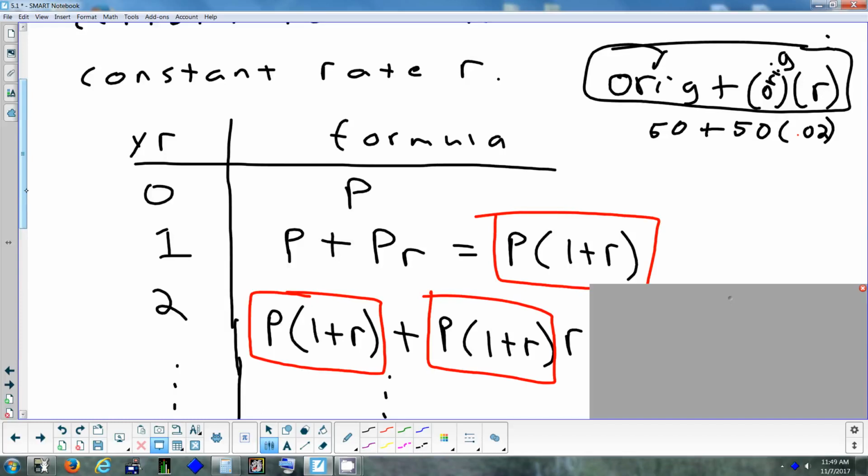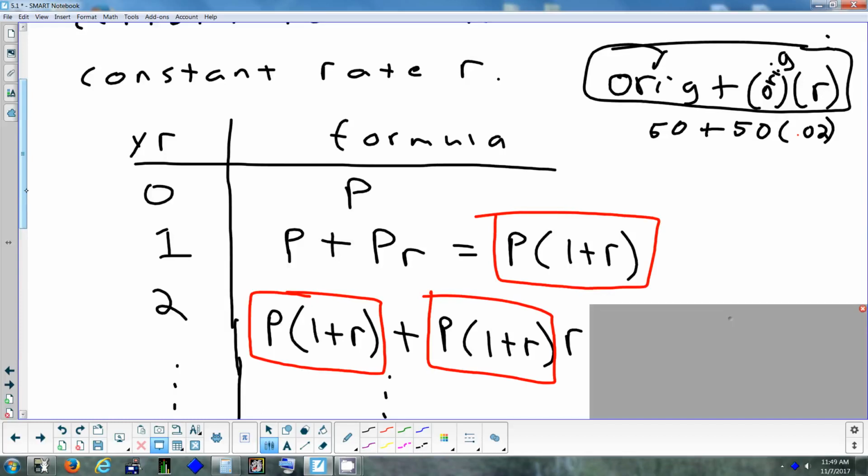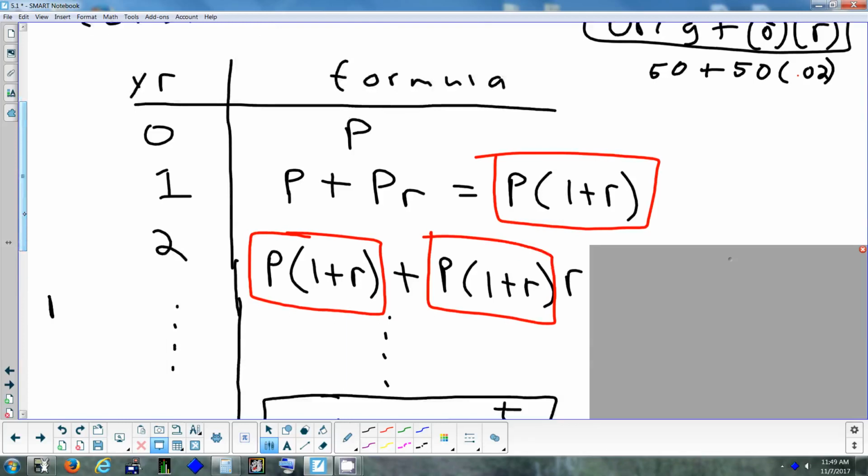In row 2, they both have in common the factor P times 1 plus r. So if I factor out a P times 1 plus r,